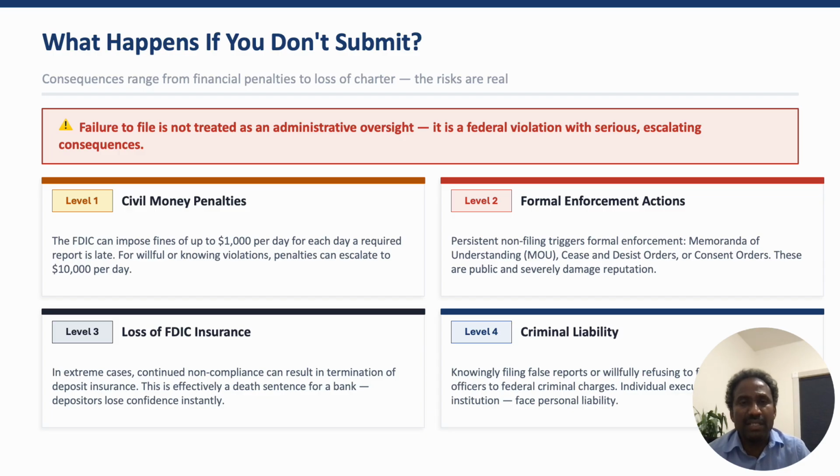It varies based on the size of the bank. If you take the bigger banks like JP Morgan, Wells, and Bank of America, those are big banks with a large number of customers, so the fine may be a little bigger. If you're not submitting, they start fining that amount. And after that, in the second level, they'll generally give some memorandum,